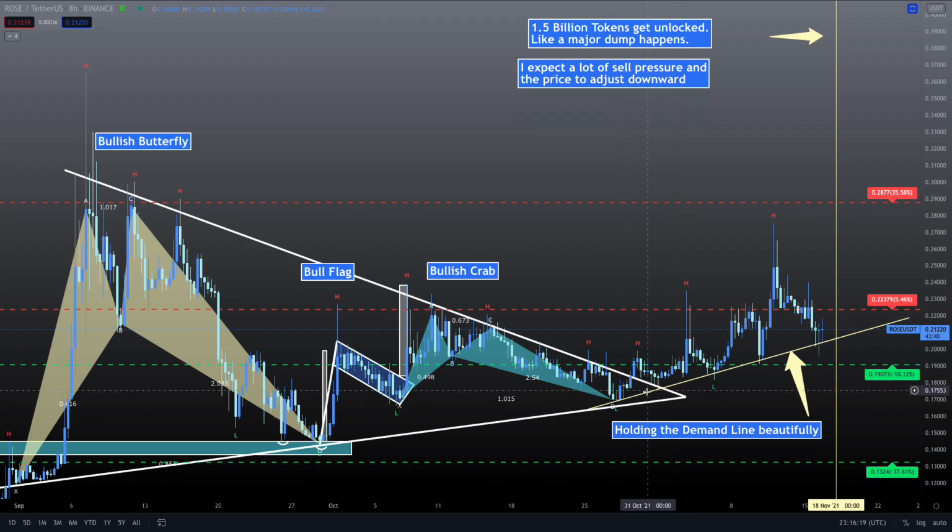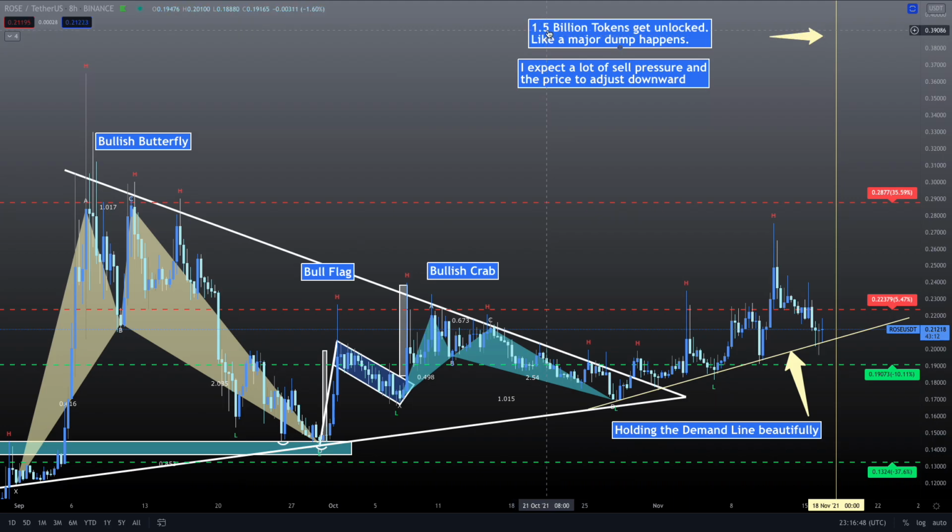So then it started an uptrend, and you can see the demand line as we move it across here. Support tends to come in as we approach that demand line, and it keeps bouncing off it for support. So we're there right now again, and there's a lot of deep wicks here, so this looks like a good entry point. However, even though it is holding the line right now, in about one more day, 24 hours, there's